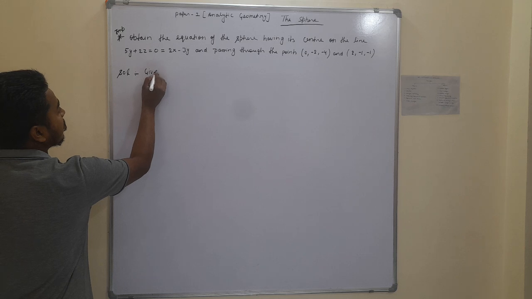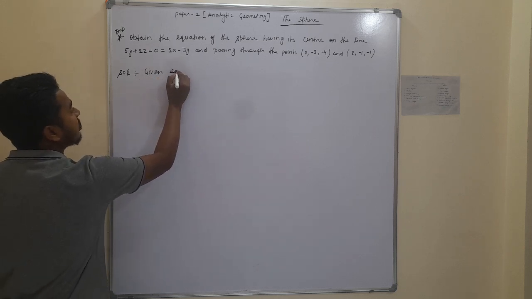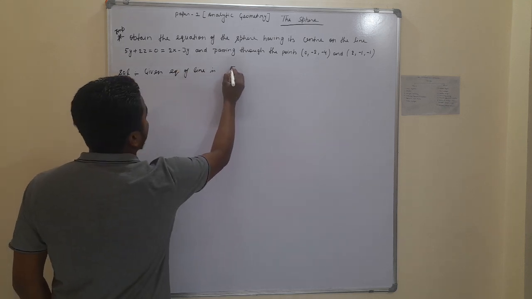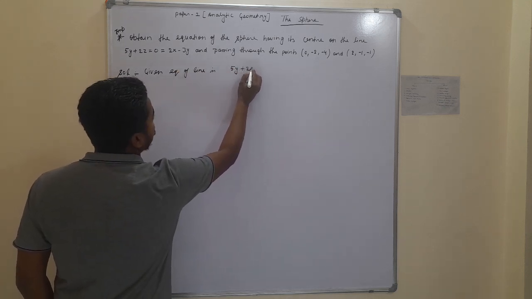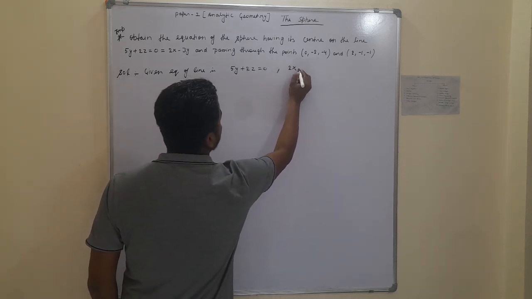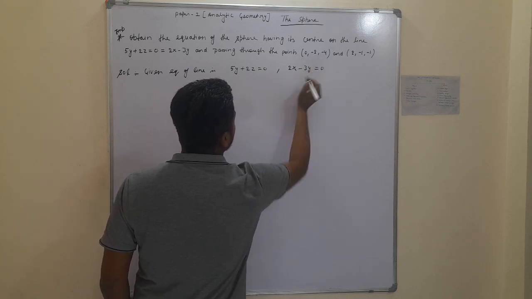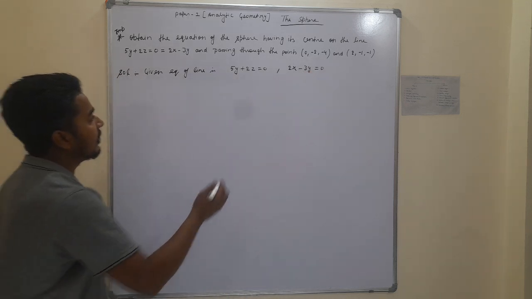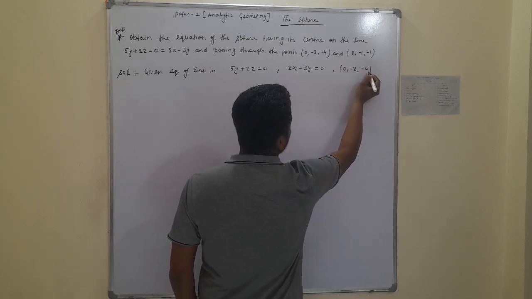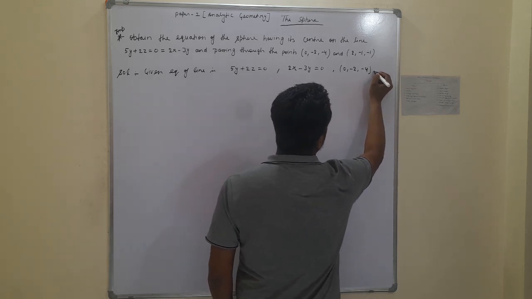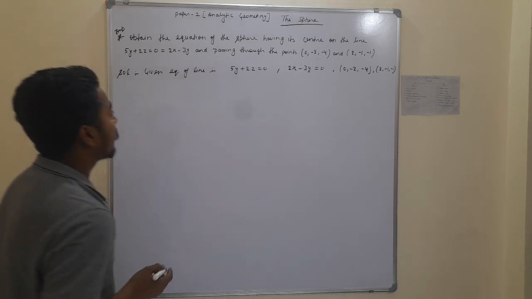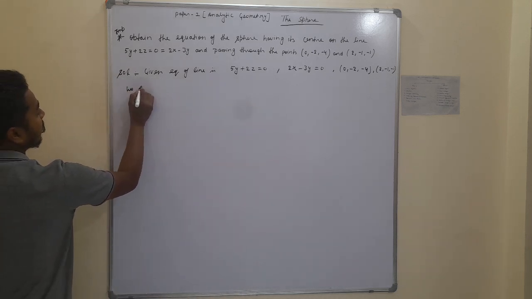Given, the equation of line is 5y plus 2z is equal to 0, and the second is 2x minus 3y is equal to 0, and the points are (0, -2, -4) and (2, -1, -1). Further, we know that